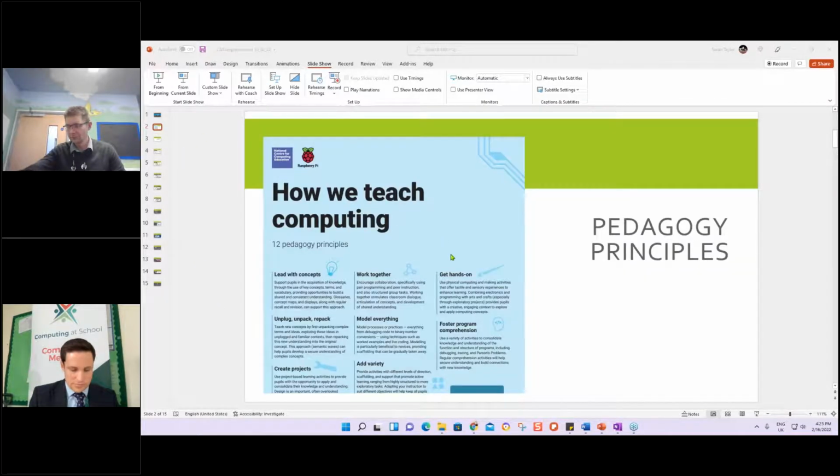And the first thing that I would really recommend, I'm sure everybody is looking at it, but if you haven't come across it, the pedagogy principles on the Teach Computing website. I think they provide a fantastic toolbox of strategies for teaching computing and for making it accessible for all. It's worth a read and then a reread, and not just going through it once, but having a good old look again and again, because there is so much packed in there.